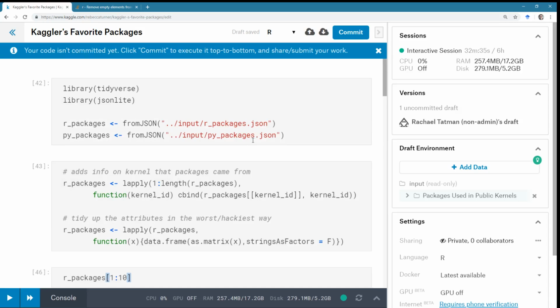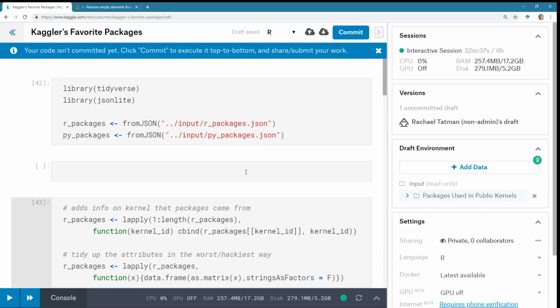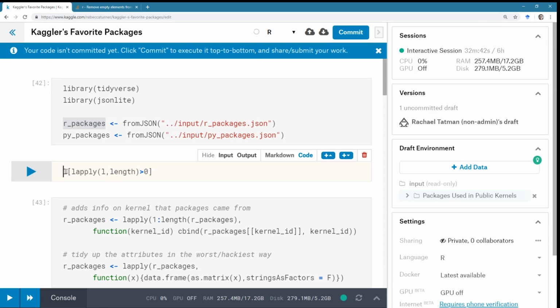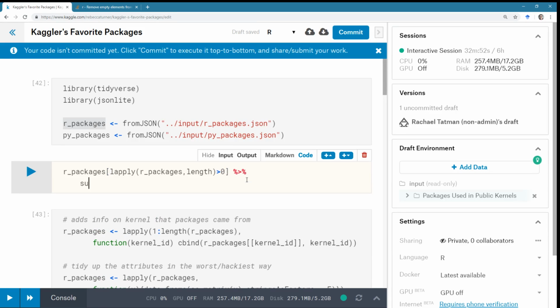Data cleaning with Rachael. You thought it was going to be analysis, but actually. So we're going to look at the R packages list, and we're going to have to go back and do this all with the Python list as well, so that's okay. And actually what I'm going to do is a little trick where you... No. This isn't going to be a Boolean. No, yes, it is.